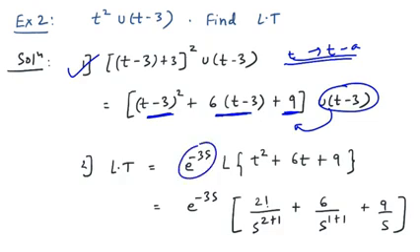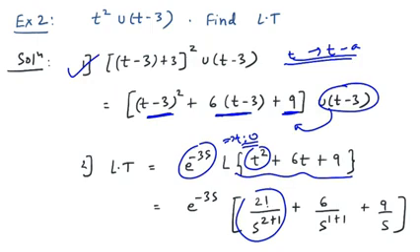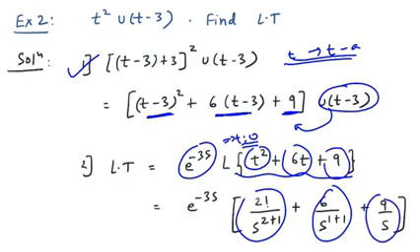What you can do is e raised to minus 3s as you are fixing the bracket, and now your time is changed to origin, right? So once you place this e raised to minus 3s, now the time which is at t minus 3 is shifted back to the original position, that is 0. So now the time is at 0. So the function will look like Laplace of t square plus 6t plus 9, and because you can follow the linearity property of Laplace, you can split the Laplace. Laplace of t square would be 2 factorial upon s raised to 2 plus 1. Laplace of 6t would be 6 upon s raised to 1 plus 1. Laplace of a constant is 9 over s.